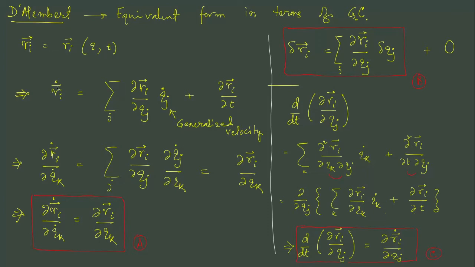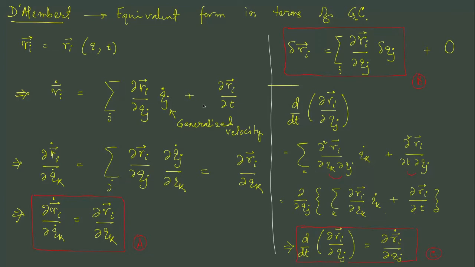The total time derivative of Ri can be written in terms of chain rule as del Ri del qj times qj dot plus del Ri del t. The qj's are scalar quantities. They're not combined as a vector. So q1, q2, q3 could belong to single or multiple particles depending on how we remove the constraint. But in general, the time derivative of qj, the jth generalized coordinate, we call the generalized velocity.